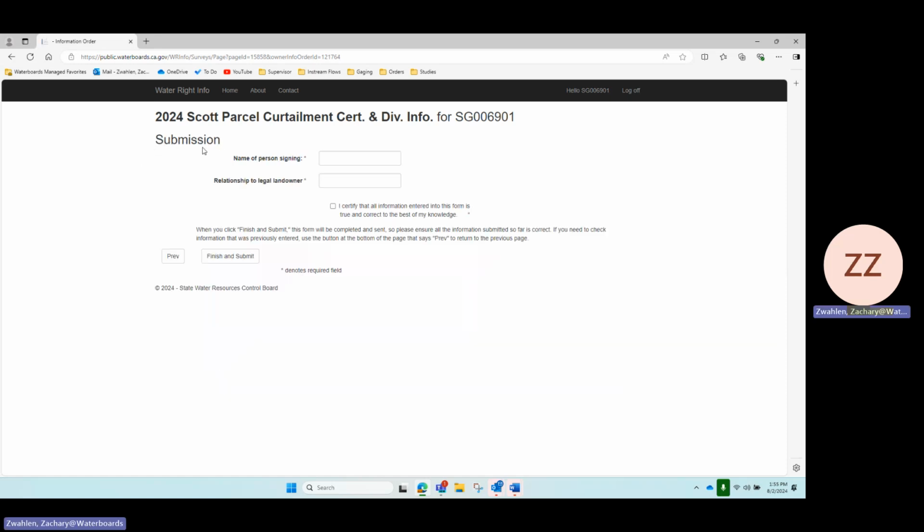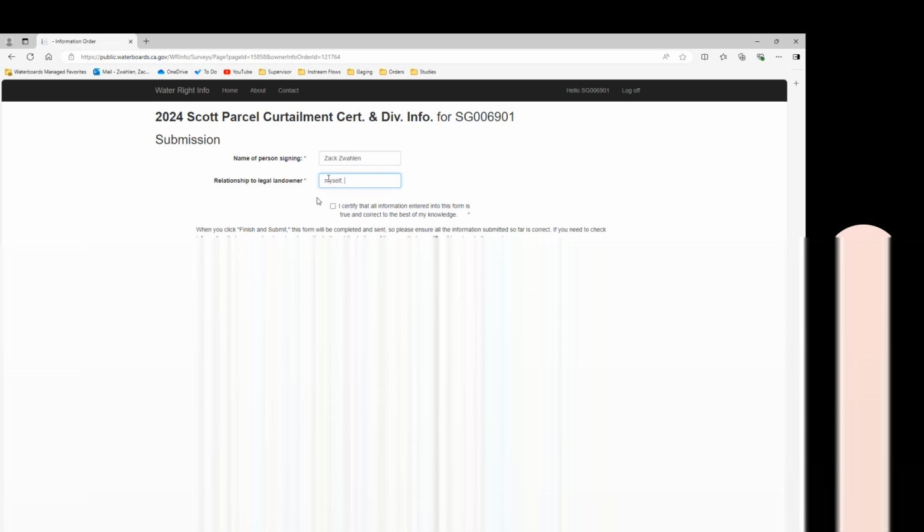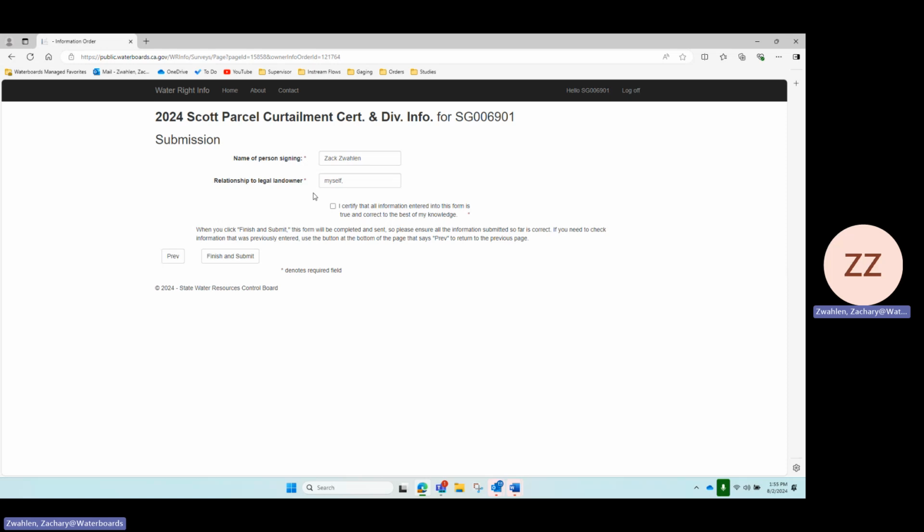This is the last page for the submission. So this is where we go and sign that all the information we entered is correct to the best of our knowledge. It also allows us to put what the relationship is to the legal landowner. For this example, this would be myself. But if you were a family member filling it out or a neighbor or a friend, you could also put that as well. This form is allowed to be filled out by other individuals who may help you get this